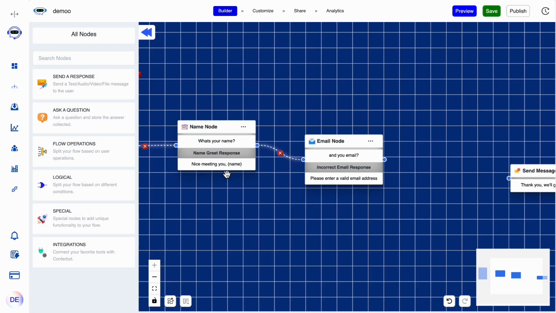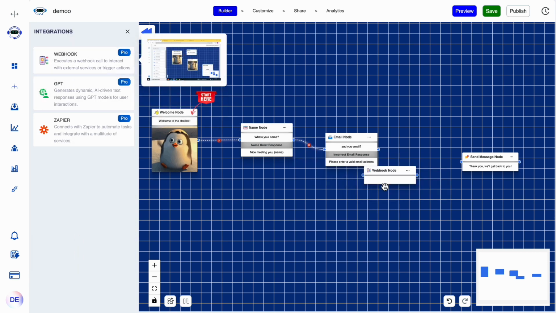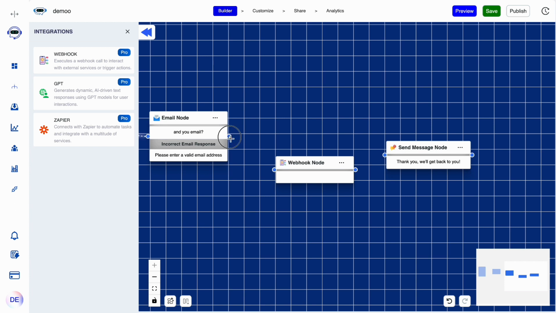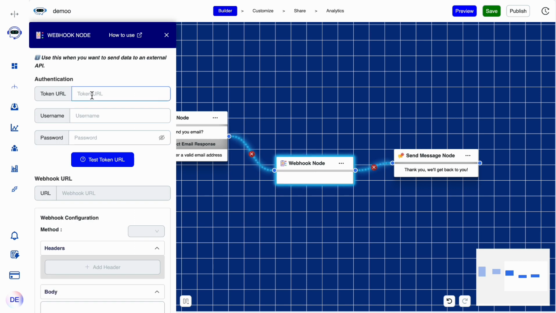Okay, so before that, what we'll do is we'll connect the Webhook node. Let's say you want to send this data in the background to a server of yours. Let's say the name and email. It could be anything. Let's connect the Webhook node and click on it. Okay, so to start off with, to use the Webhook node, you need to authenticate yourself